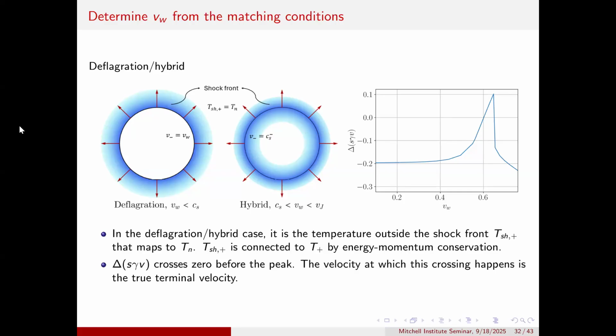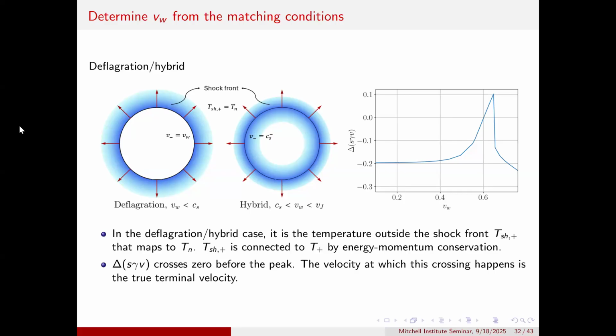So with this known, we can again calculate delta S, and we found that it would cross zero at some point for deflagration and hybrid bubbles. We identified the VW at the first crossing point as the terminal velocity, that would allow us to satisfy all three matching conditions. So this is the system. This is how we determine VW